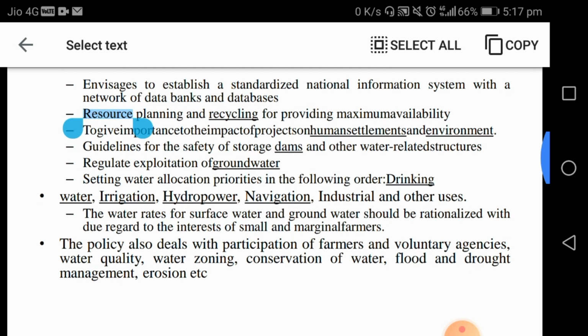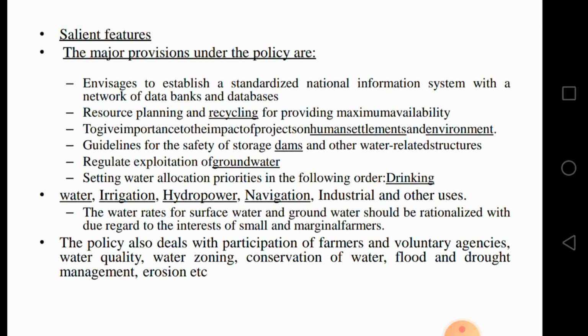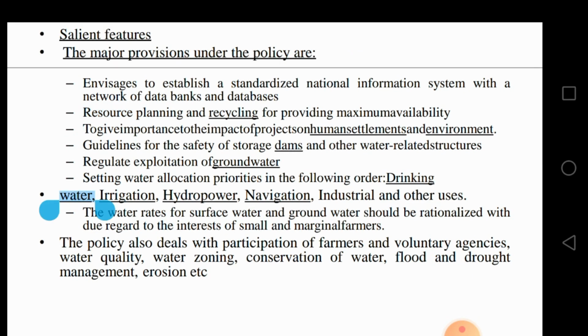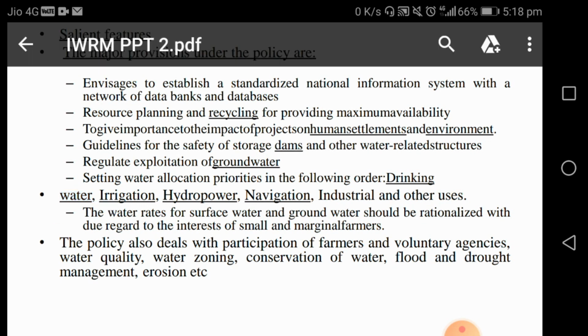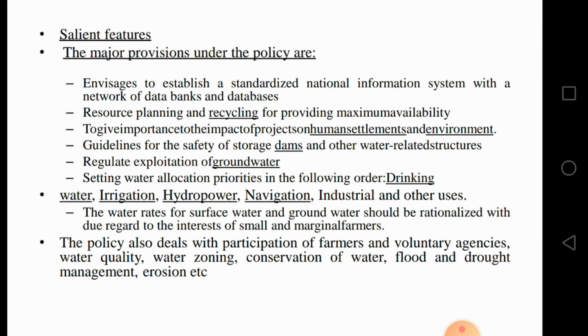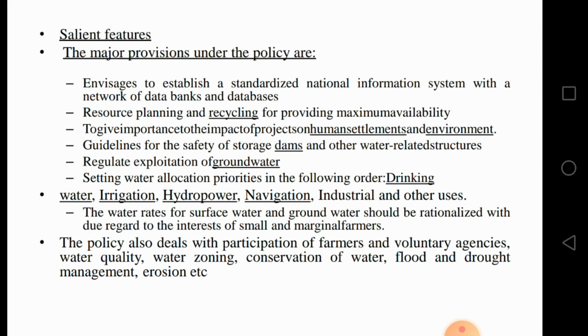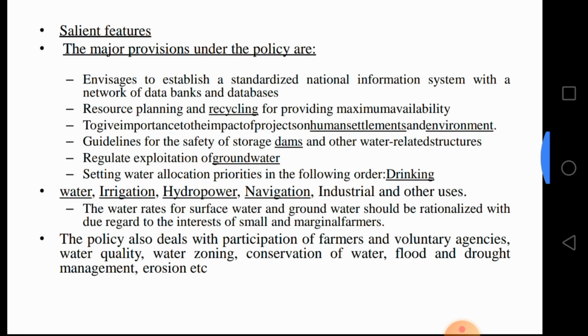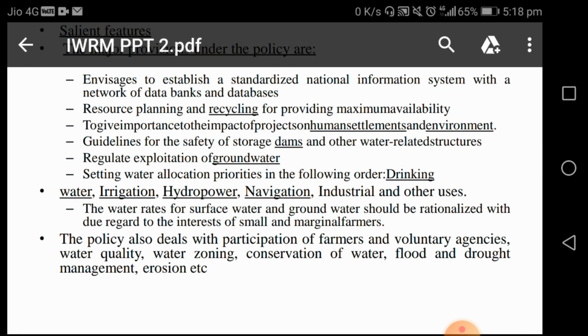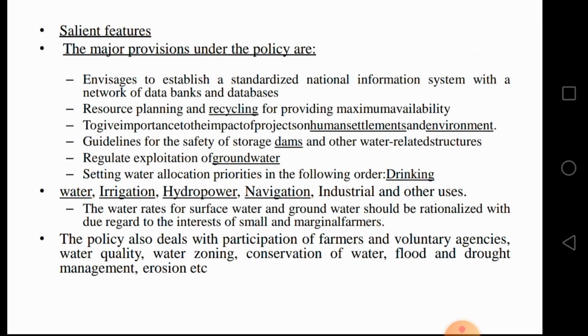Resource planning and recycling for providing maximum availability, and giving importance to the impact of projects on human settlements and environment. Guidelines for the safety of storage dams and other water related structures. The regulated exploitation of groundwater. Setting of water allocation priorities in the following order: drinking water, irrigation, hydropower, navigation, industrial and other uses. The water rates of surface water and groundwater should be rationalized with regard to the interests of small